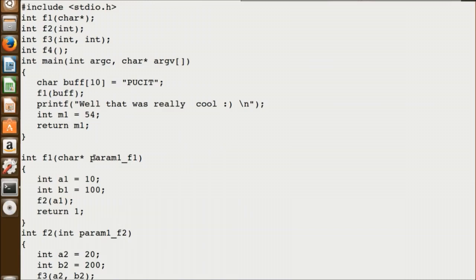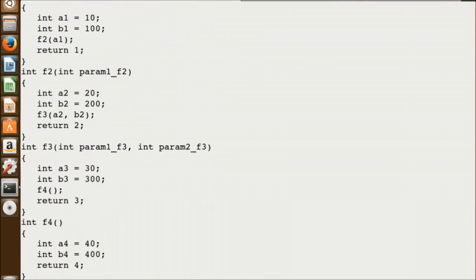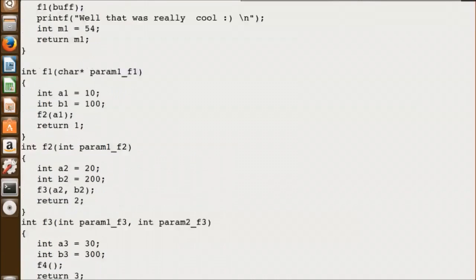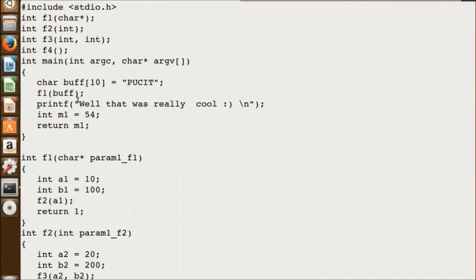The parameter of F1 is param1_F1. The parameter of F2 is param1_F2. The parameters of F3 are param1_F3 and param2_F3, and F4 is not passed any parameters. F4 returns a value of 4 to F3, F3 returns a value of 3 to F2, F2 returns a value of 2 to F1, and F1 returns a value of 1 to main, and main returns, let's suppose, 54 to the one who called main. I hope the code is